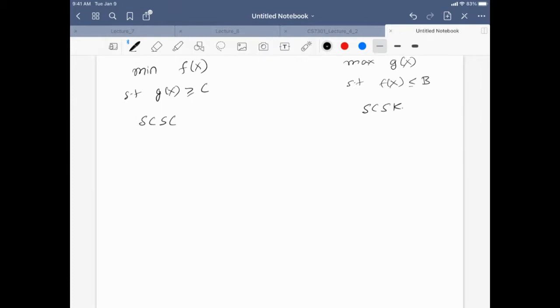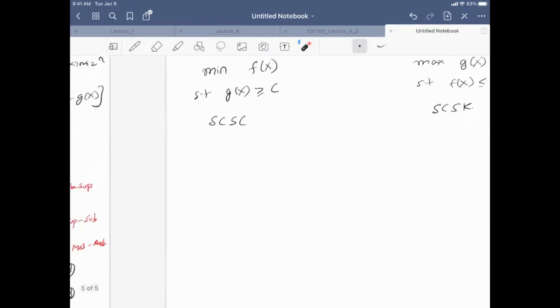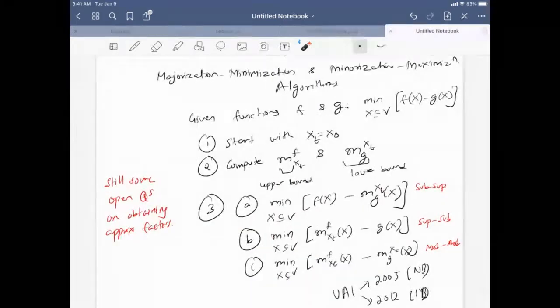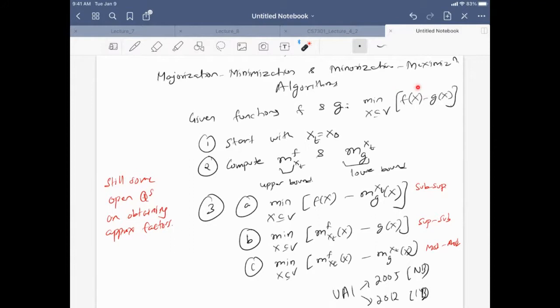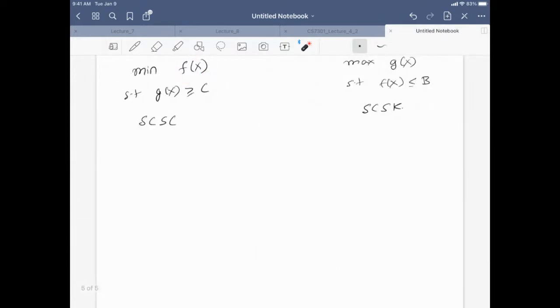Both of these problems are related to this difference of submodular optimization, and the reason is that in this, what you're really trying to do is minimize f while maximizing g, so you want to achieve both simultaneously. The way SCSC achieves this is that you minimize f, but you want to make sure that g is greater than something. So you have a lower bound constraint on g, making sure that g is large while f is small. Similarly, here you're making sure that g is large, but you have a budget constraint b, so you want f to be small, or no larger than something.